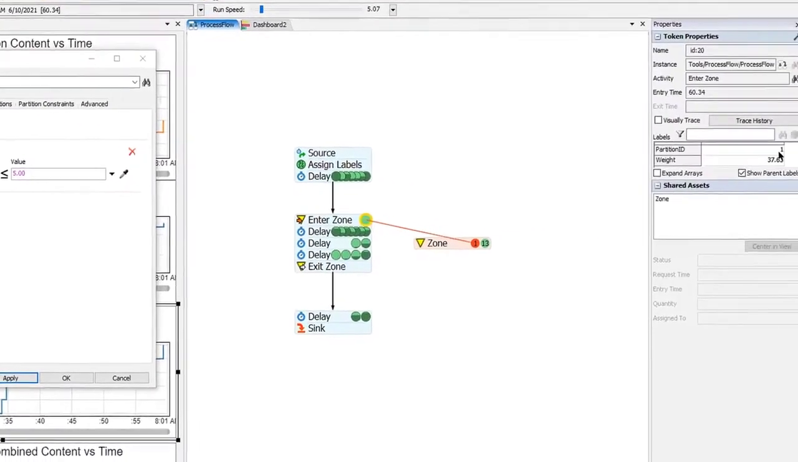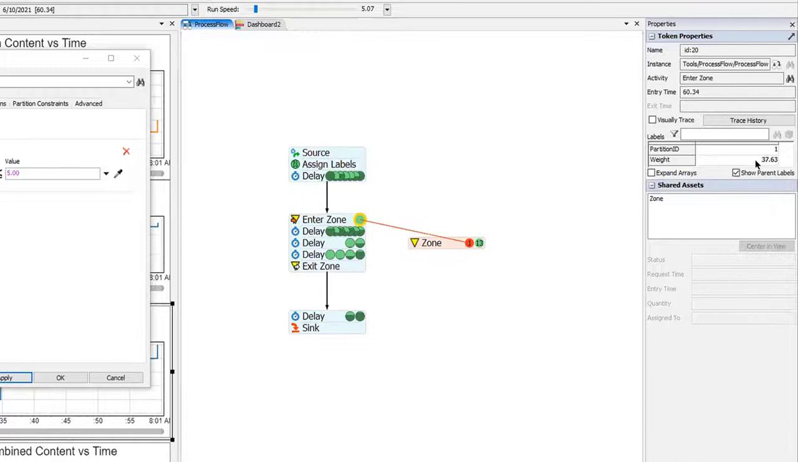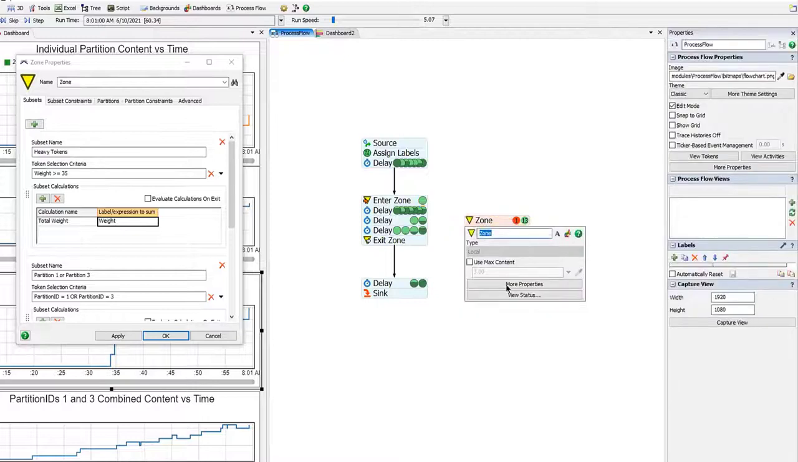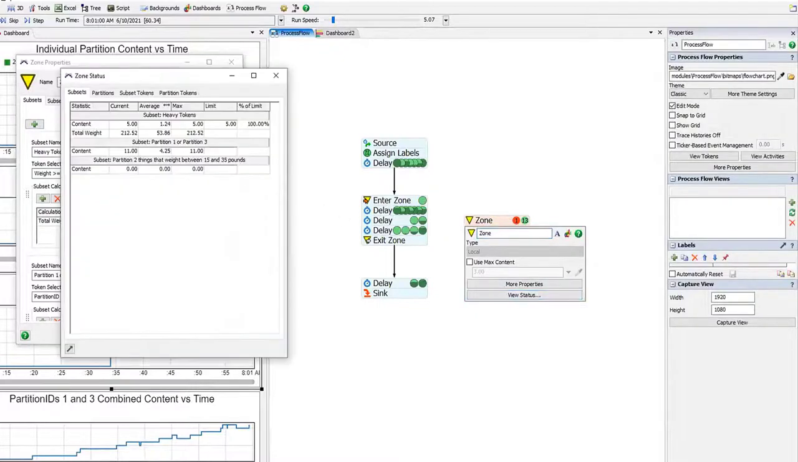And if we click on it, we can see that it is part of our heavy subset, because our heavy subset's defined as things whose weight is 35 or more. This weighs 37.63. So there must be 5 other heavy tokens already in this zone. So how can we verify that? Well, if we go to the zone properties and say view status and go to the subsets tab, we can see now that there is a limit column on this window that says that our heavy tokens are currently at 100% of limit